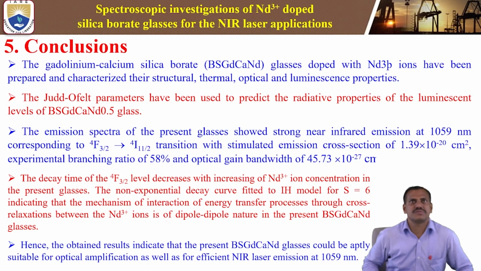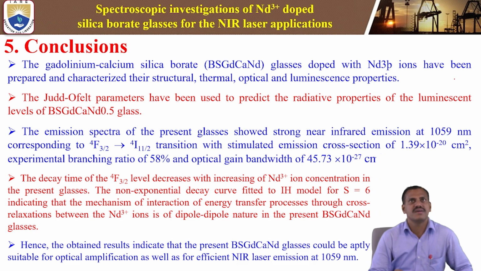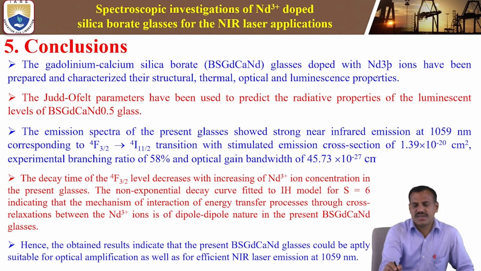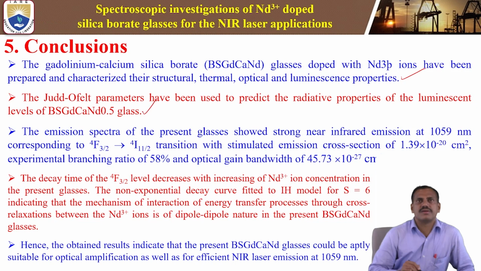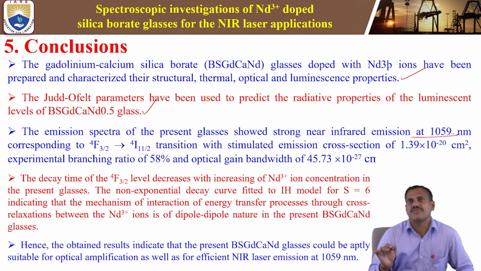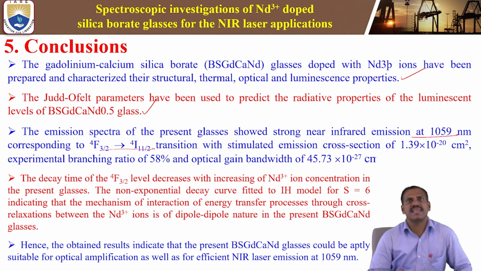Next, finally, the conclusion or summary of the present study. The gadolinium calcium silicaborate glasses doped with Nd3+ have been prepared and characterized for structural, thermal and optical luminescence properties, and Judd-Ofelt parameters have been used to predict the radiative properties of the luminescence levels of the glasses. The emission spectra of the present glasses showed strong near infrared emission at 1059 nanometer, corresponding to the 4F3/2 to 4I11/2 transition, with a stimulated emission cross section value of